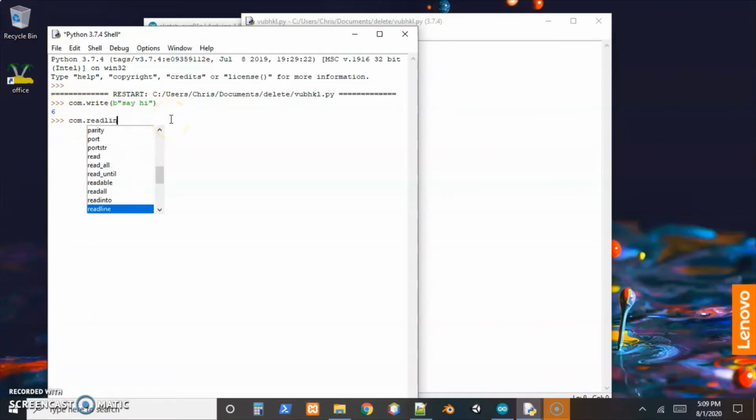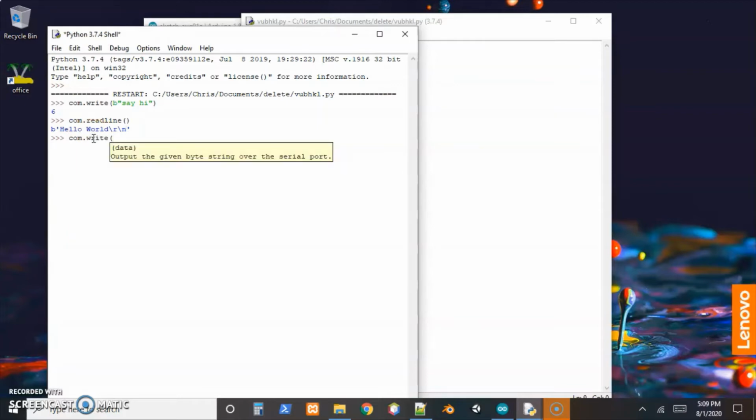The microcontroller would have responded, and the next thing on the serial port should be the response. So you can see I sent "say hi", and it responded with a binary string of hello world, which here includes the b because it's a binary string, not an actual string. And then it has a carriage return and a line break in it, but we can parse the data we need out of that. Same thing for the other one, com.write,